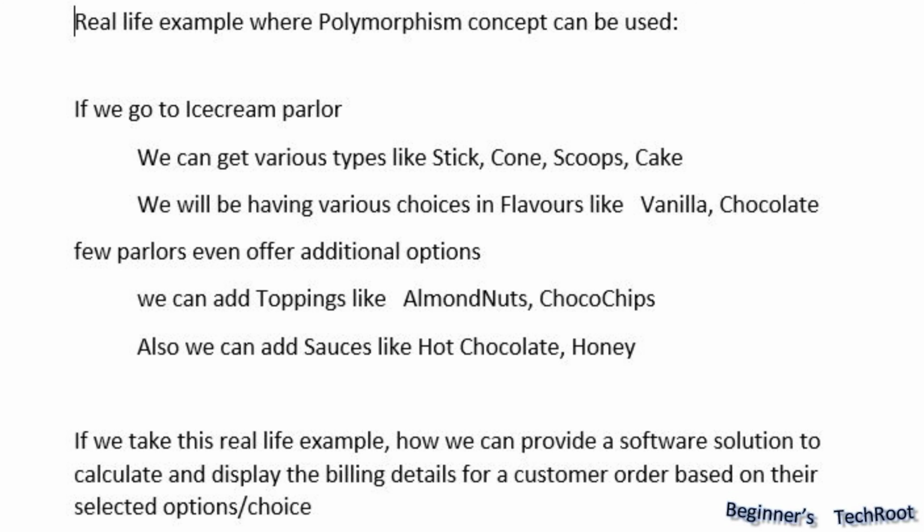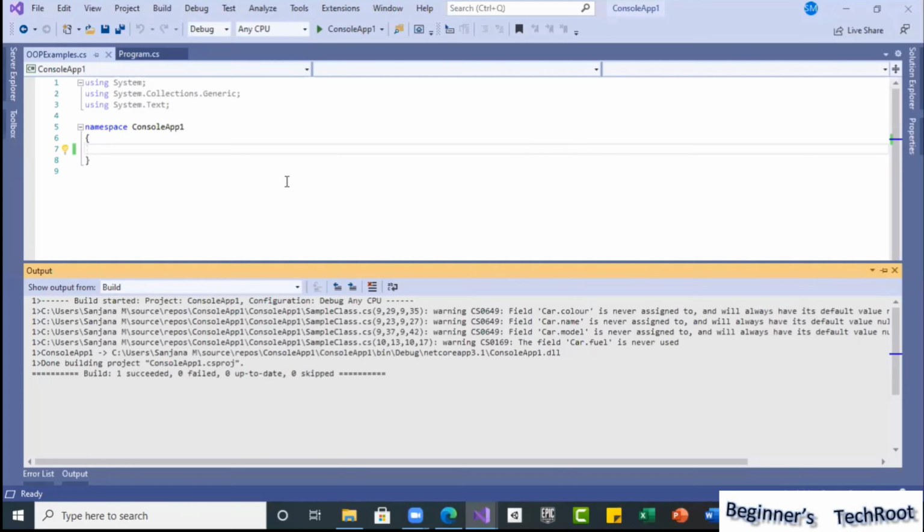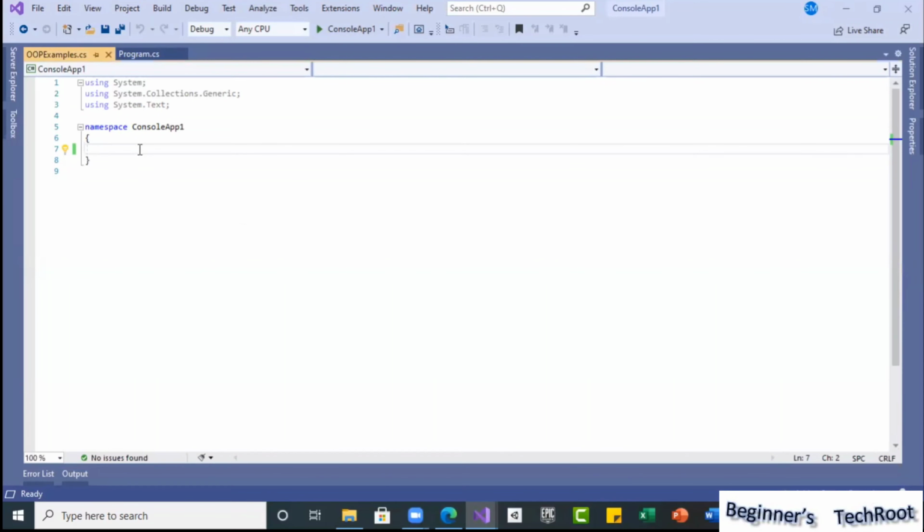So we will see and understand how we can use object-oriented programming, especially the polymorphism concept. That's how polymorphism will happen in this example, as we will observe. First, let's start our programming.